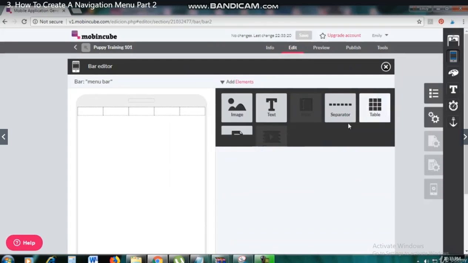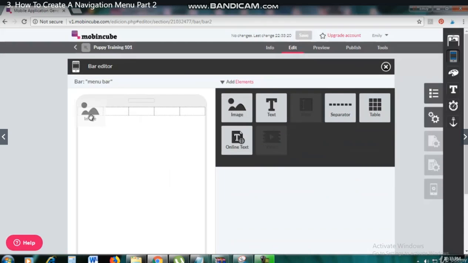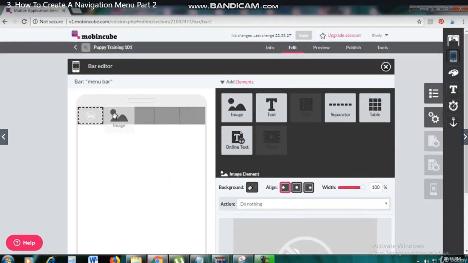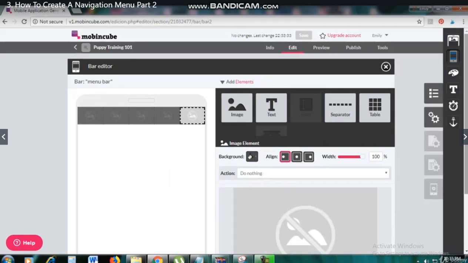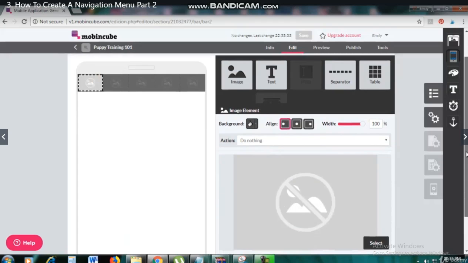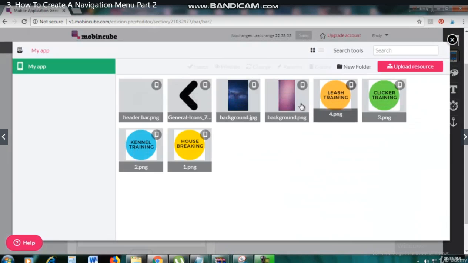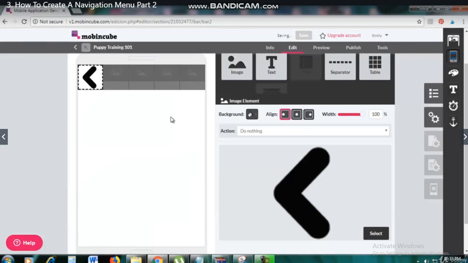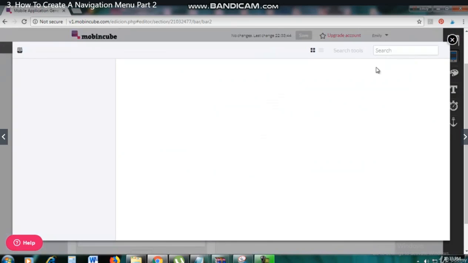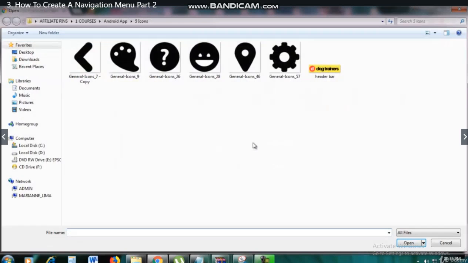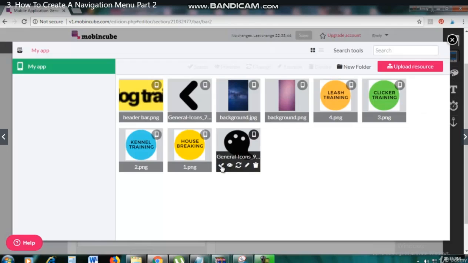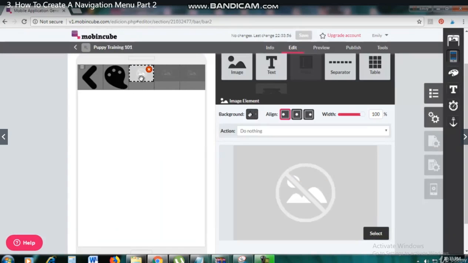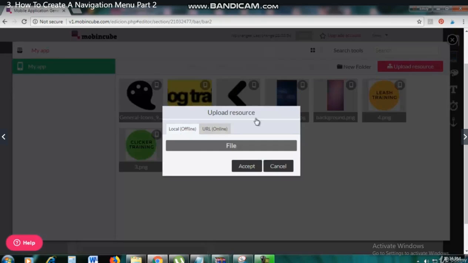Okay. So now we will add some images on the cells. So just drag the images here. Okay. So now we will add the icons on the cells. Okay. So first cell, let's add here select. And then I want this icon. Second cell, select. Upload resource, file. Then let's add another icon, accept. Okay, click check. And third cell, select, upload resource, file,